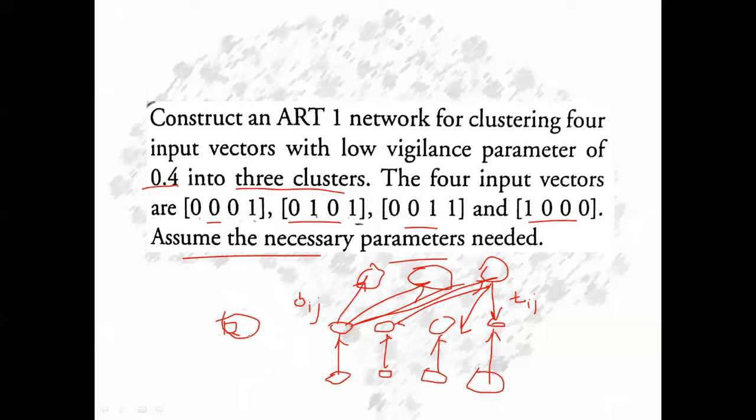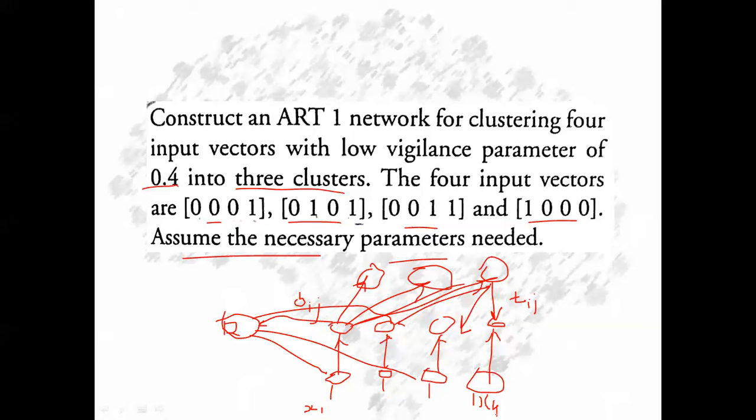R will be there. Your input vectors will be connected to this, and your input interface layer neurons will also be connected to this layer. The input layer will be provided with the input samples, which are now in terms of x1 up to x4. So this is going to be your architecture for your ART1 network for this particular problem. I hope that all are able to understand this architecture. Just by looking at the problem, we can draw a structure.